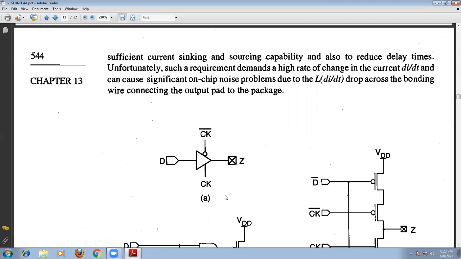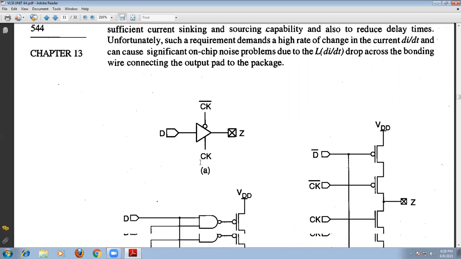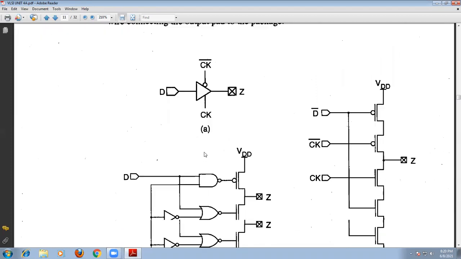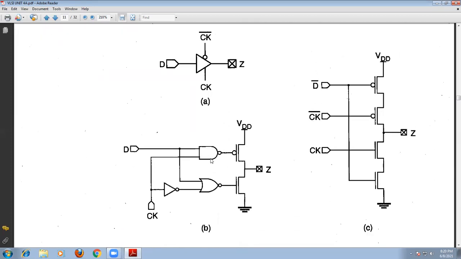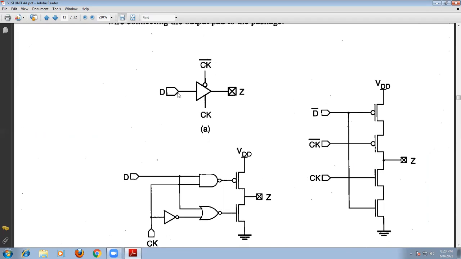As in the figure, to implement this circuit using transistors in VLSI, we have 2 circuits here. One is this circuit, and the second one is this circuit. Now, what are the advantages and disadvantages in these 2 cases? First, consider the tri-stable output circuit. It consists of 3 signals: the input signal, the output signal, and the clock signal. So 3 states we are having.